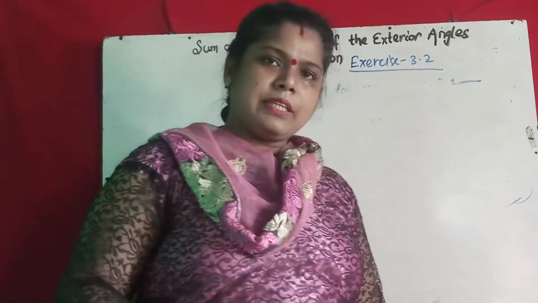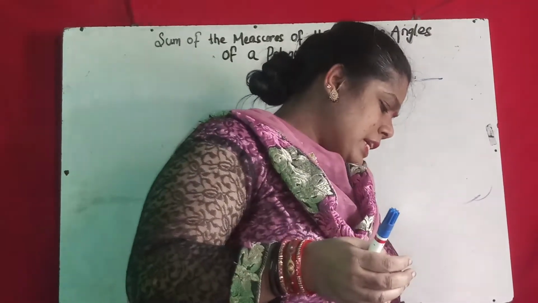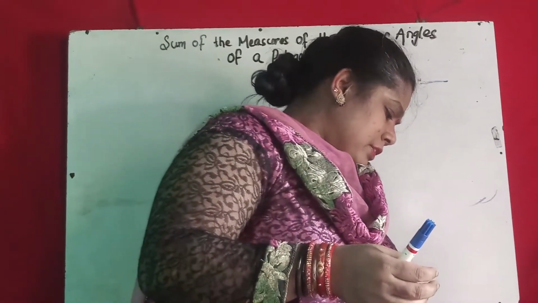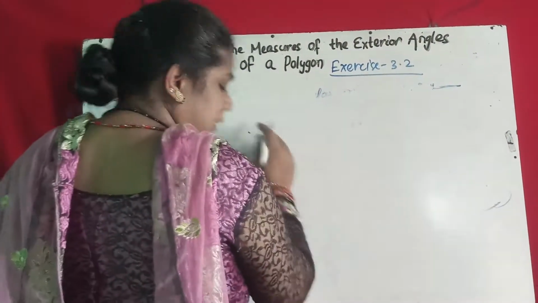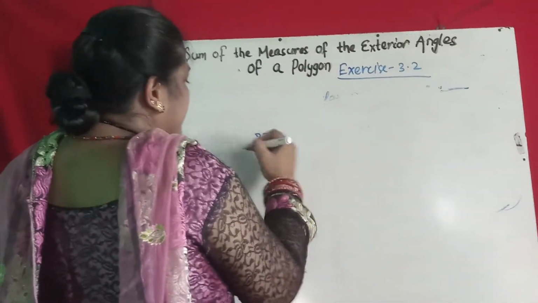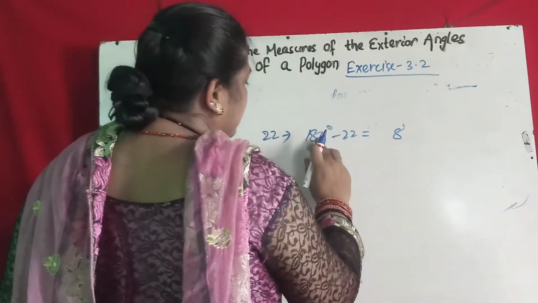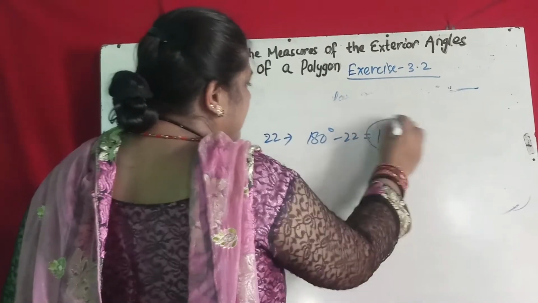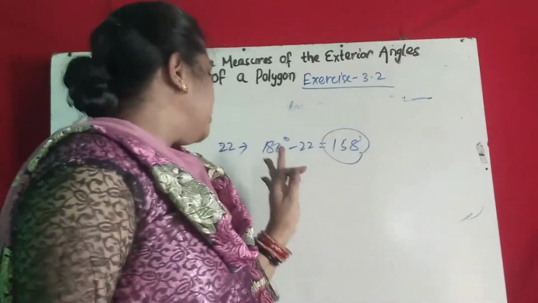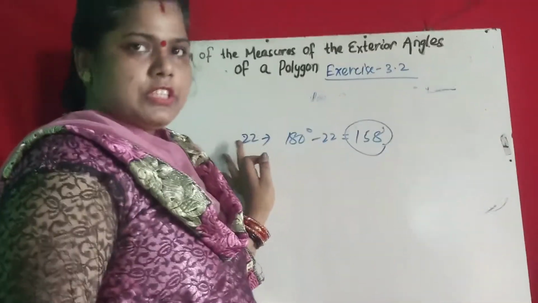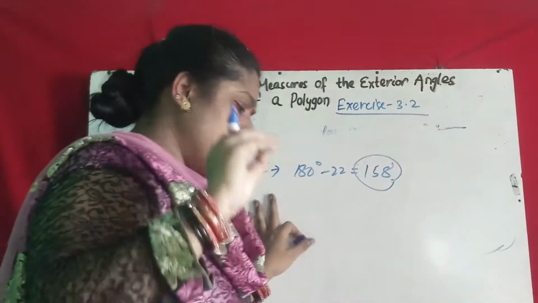Interior angles are the same thing. If the interior angle is 22, then the exterior angle will be 180 degrees minus 22, that is 158. 360 is also not divisible by 158. So it is also not possible. So 22 degrees is not possible if it is an interior angle, and not possible as an exterior angle either.